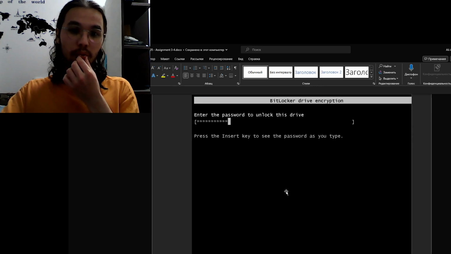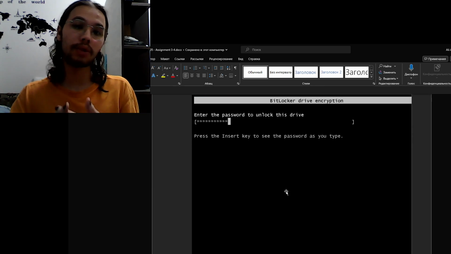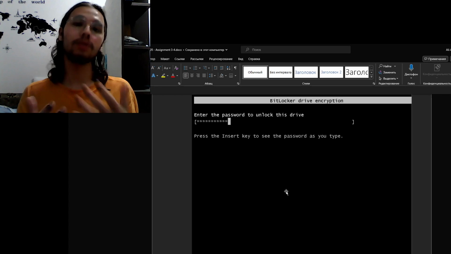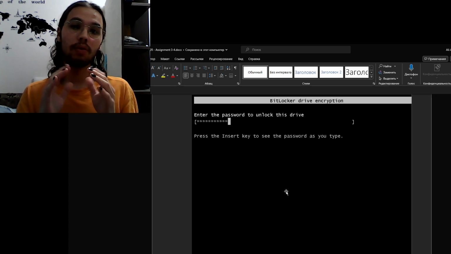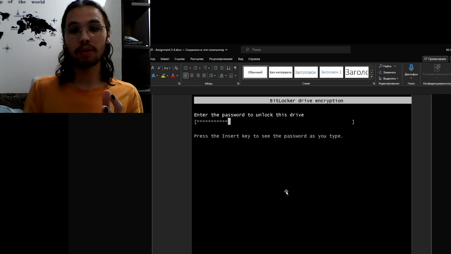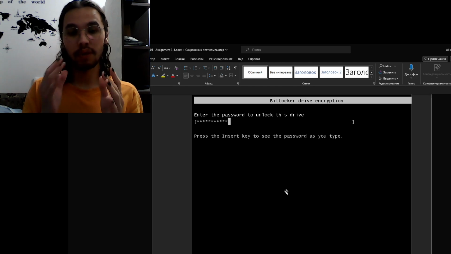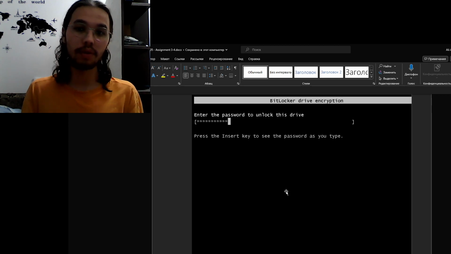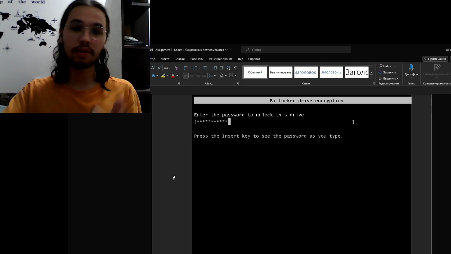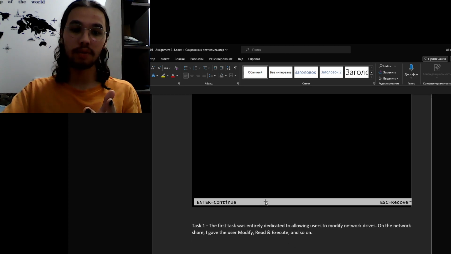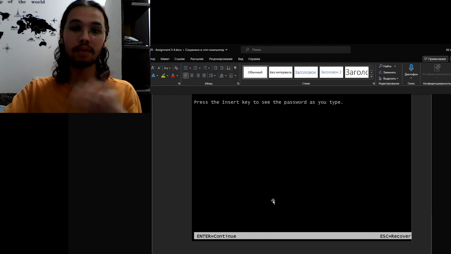Here it is, it's the proof. It's like when I restart my whole system to make sure that all features are working, that they are enabled. So I started, and you can see that BitLocker Drive encryption is working. Here it is, I wrote the password, then we push the enter button, and it's